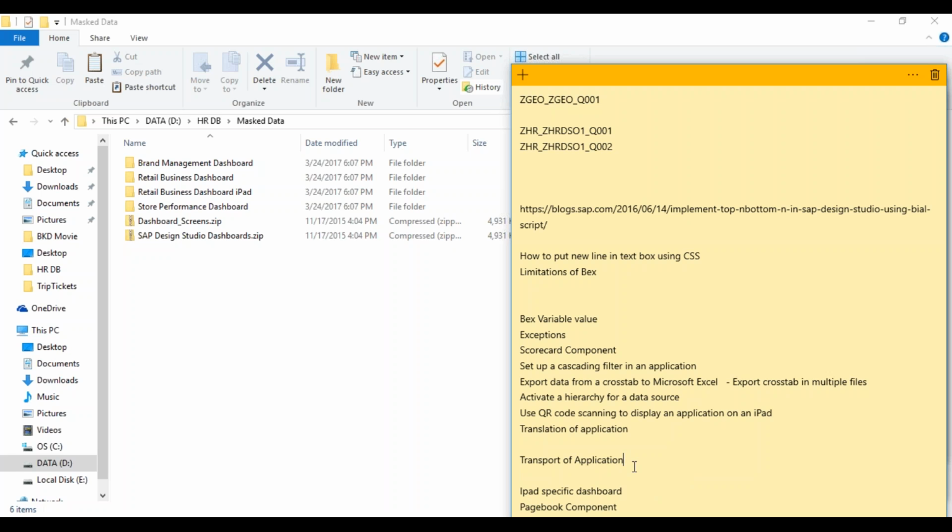And transport of application is still pending, right? We have not covered it properly yesterday. So we'll talk about these things. And later on we'll add, like you said, other components, right? So those components also we'll see what all we can cover, because today is the last class basically.